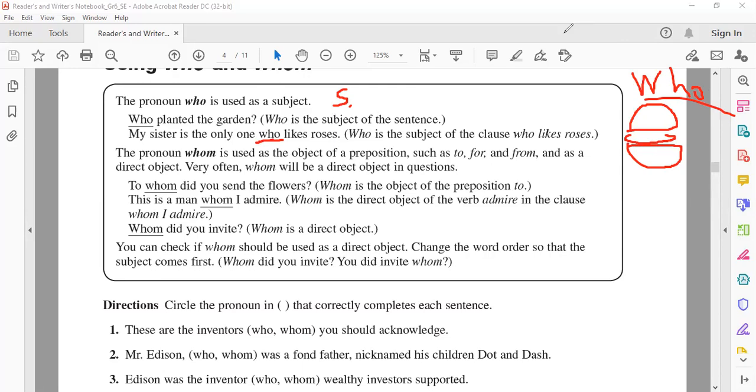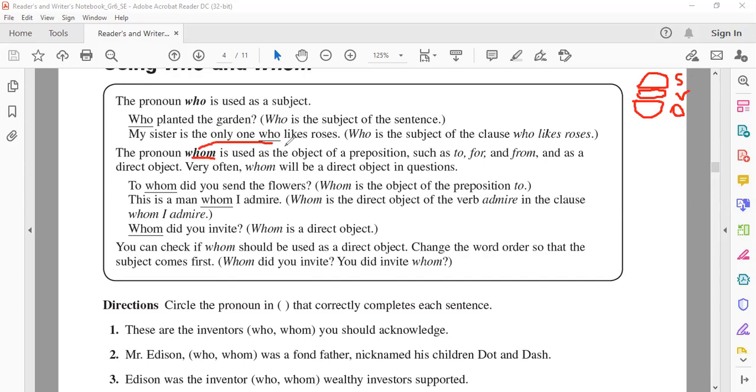No, miss. Okay, let's go ahead now and understand the other opponent of who, which is whom, that ends with M. When to use whom right here? Is it the same, miss? No, it's not the same. Remember, as I told you in the burger, we have subject, we have verb, and we have what at the end? We have object, right? So here, whom stands